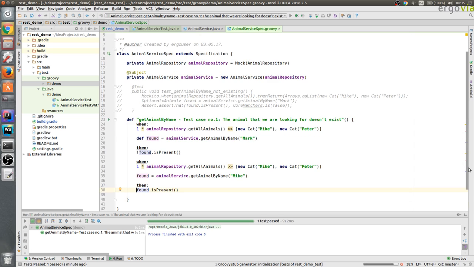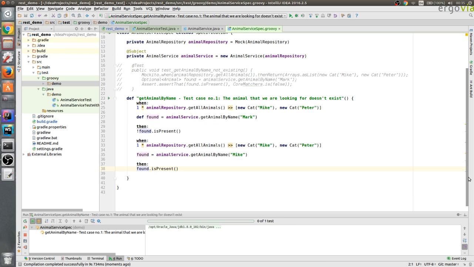but you shouldn't actually do something like when-then-when-then. This is not a good idea, because if the first part fails, then the second when isn't actually executed. So you should somehow divide this into 2 test cases. So you have a second test case where a single then block is in. You can also use multiple then blocks. So these here. You can say then this,